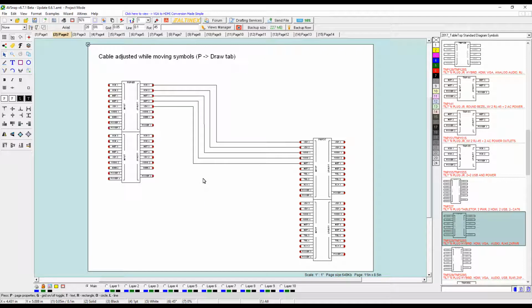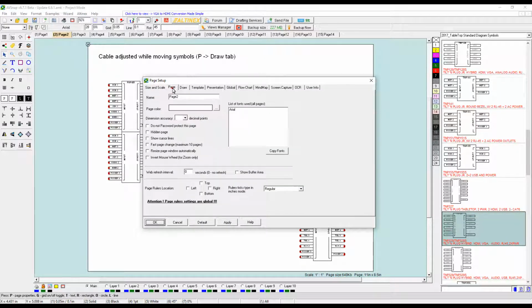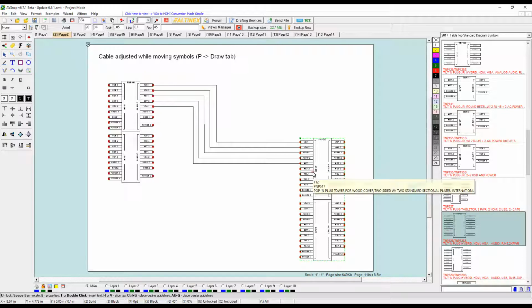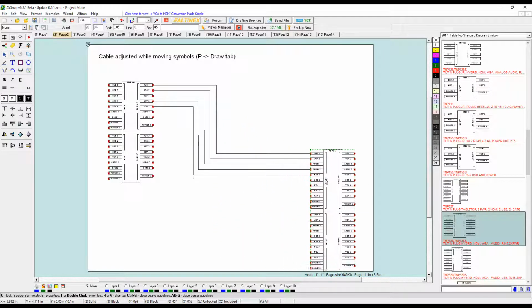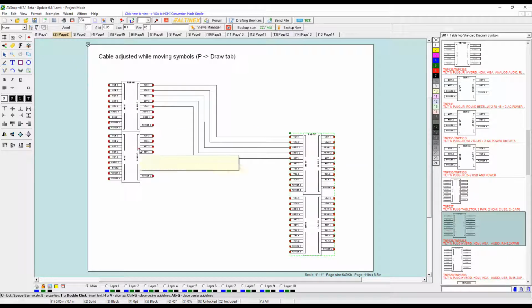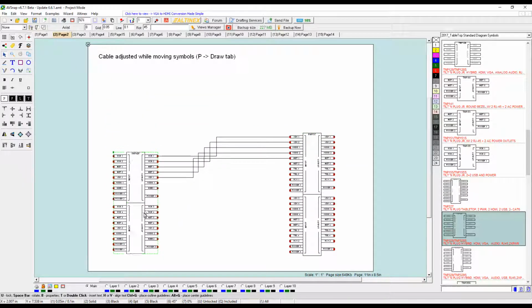So I'm going to go to the properties by pressing shortcut P, and then I'm going to set the property under Draw, keep cables aligned horizontal and vertical. Click on that option, and now when you move a connected symbol, you can see that all the cables stay connected and it's all parallel and horizontal, so it makes it much easier if you need to move symbols left, right,